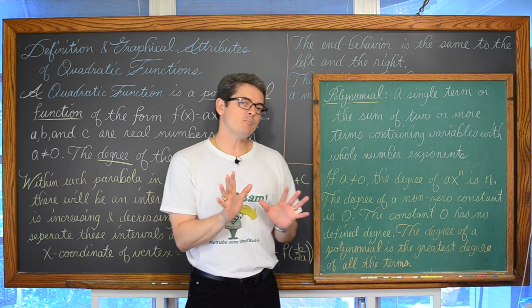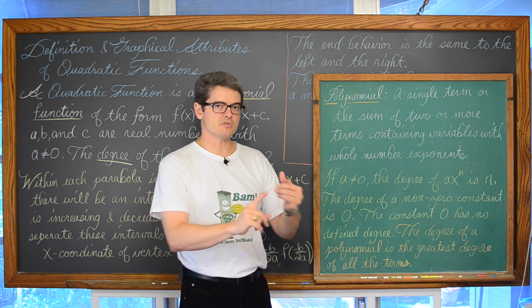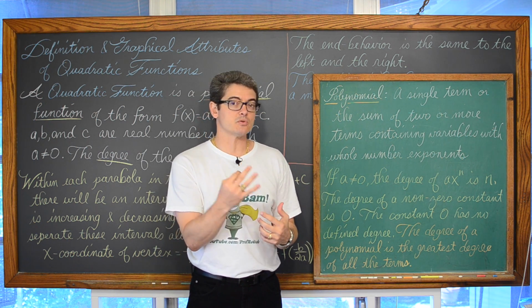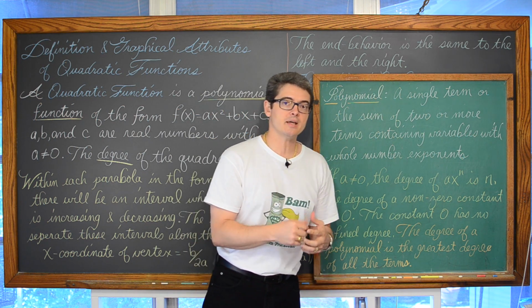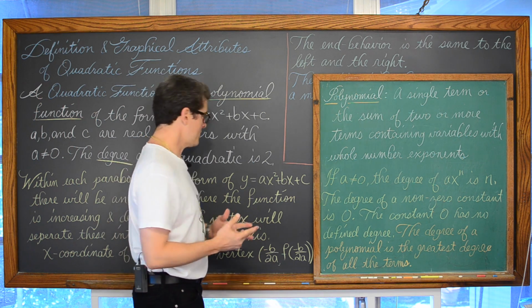Now, for it to be a polynomial, the exponents on those terms have to be whole numbers: 0, 1, 2, 3, 4, and such. You can't have exponents which are decimals. You can't have exponents which are negative once you're in simplified form, if you will. So in other words,